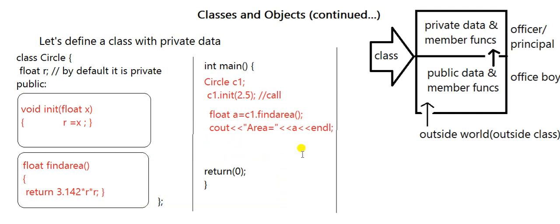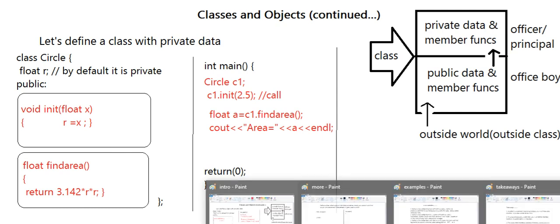Right now our aim is to understand, if we declare private data, how we should be able to access it through member functions. This is what I wanted to demonstrate here. I guess the things are clear. Now we'll try one more example of the same kind, then it will be more clear to you.